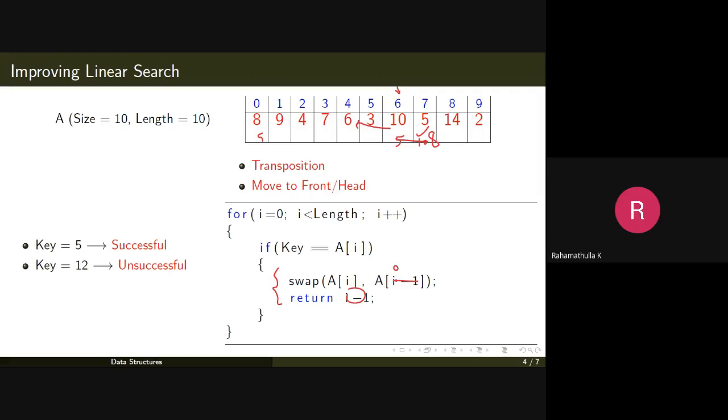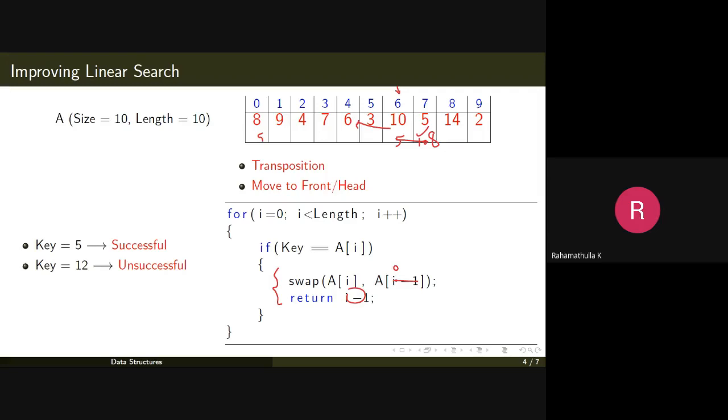Both are very simple techniques. This is implemented with the intuition that you are going to search for a particular key value again and again. So for example, if you are searching for a key value 5 again and again multiple times, then in the case of linear search, it will always take 8 comparisons.